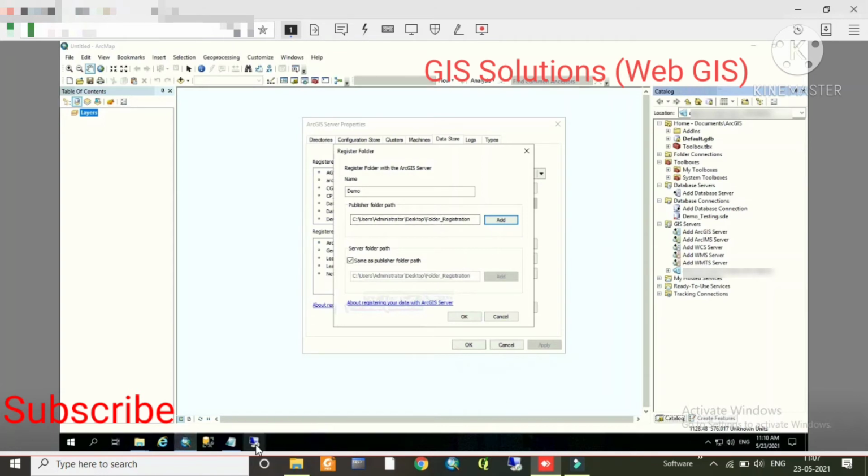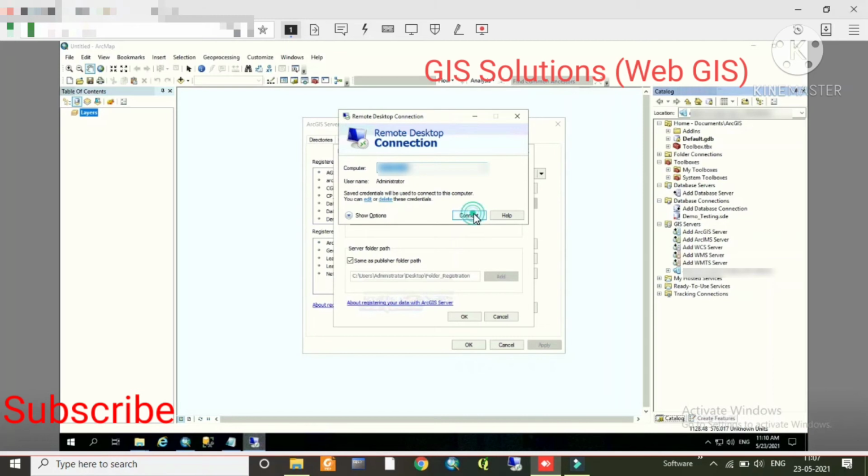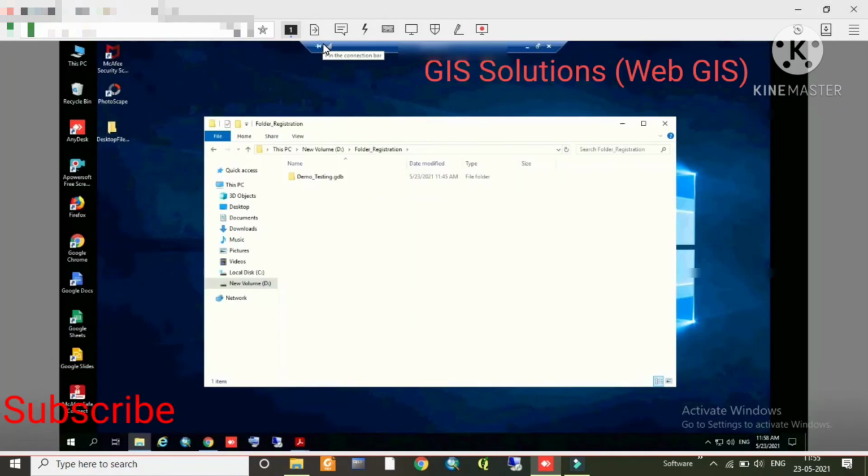So I am connected to the server, and the folder that is registered is stored on my server in D drive. This is my folder registration folder, and the folder is stored in D drive. And this is the file location path, my folder location, file location. Copy it